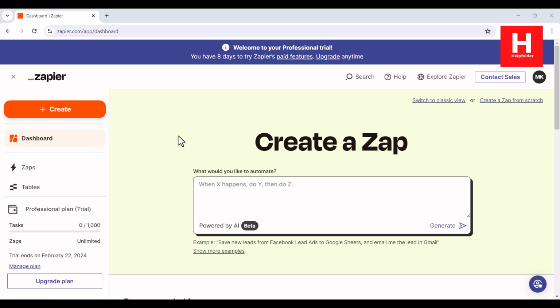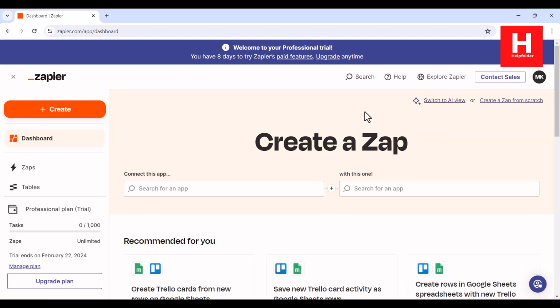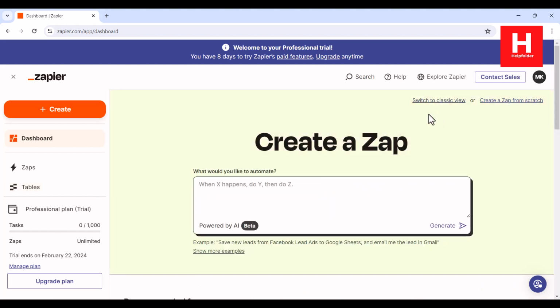Okay, so let's take a look at how you can create a Zap in Zapier. Once you get to the dashboard, you will find an interface something like this, or you can even switch to classic. The classic makes it easier, considering you can choose the apps one after another. In the AI view, you will just have to type, when an email from a sender comes in Gmail,